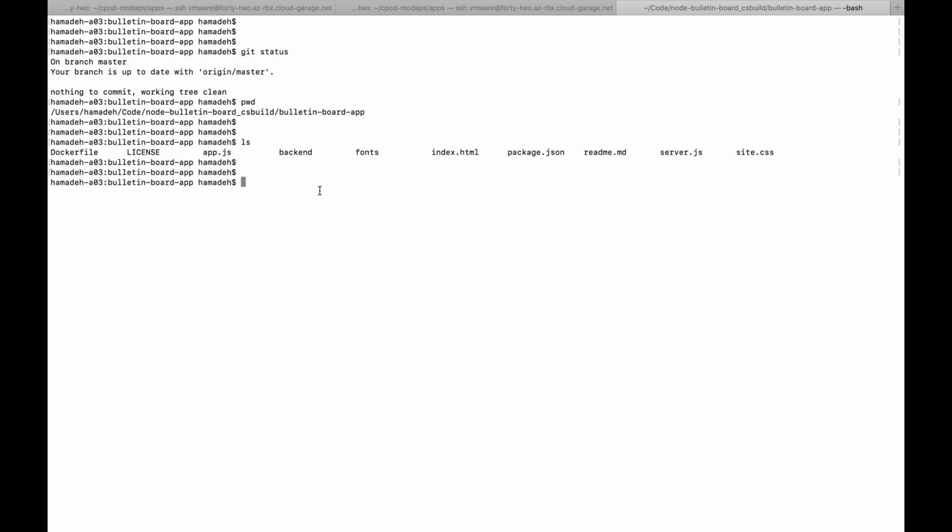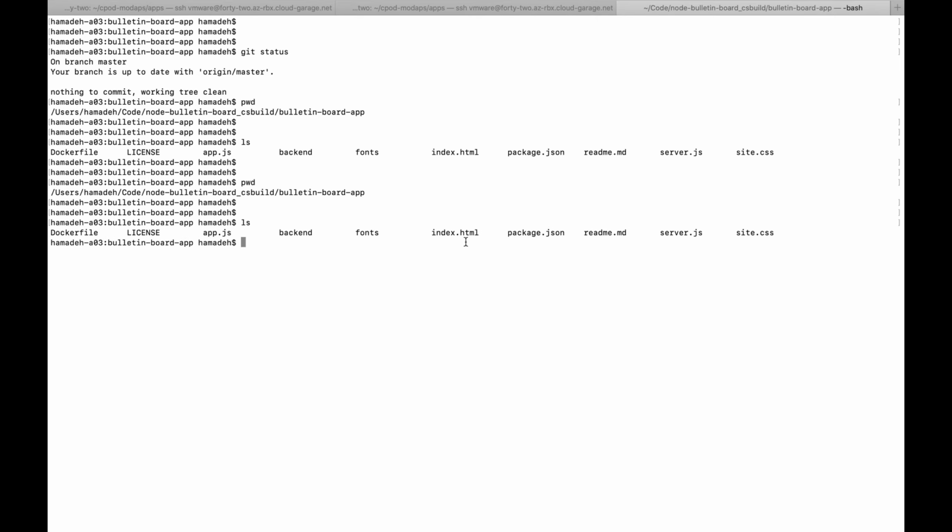He found an application on the web, a good candidate application created by someone else called Bulletin Board. This application is packaged in container images. It's actually a single container image that has a web application, a stateless web application, built inside using NodeJS on an Ubuntu base image. So he cloned this repository,